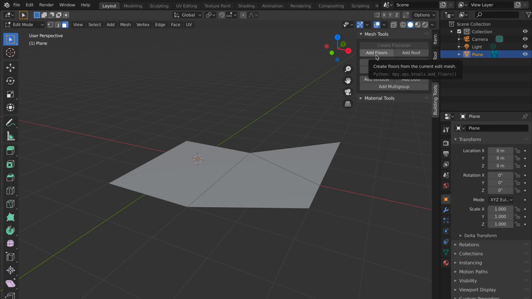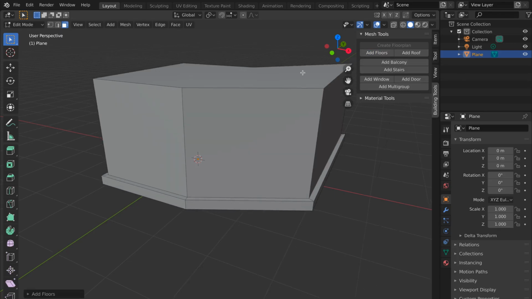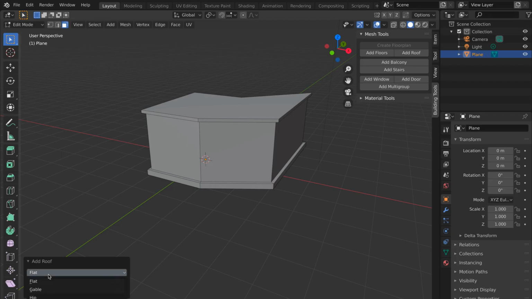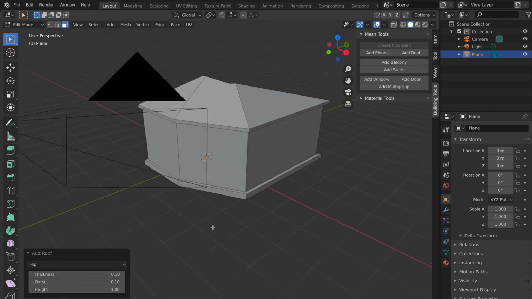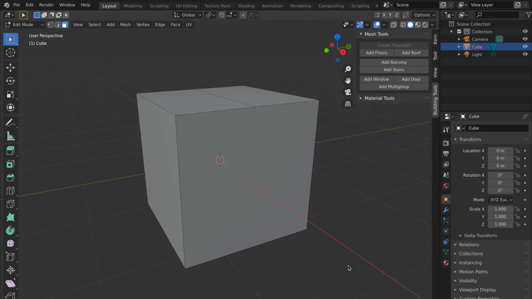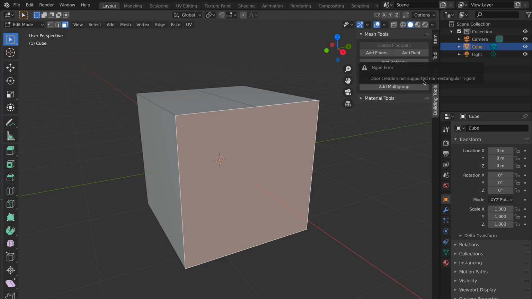However complex the grounded faces may be, Building Tools is compatible with them. You can add faces, you can add roof. But when we talk about upright rectangles, this might be a little tricky. You might expect this rectangle to be compatible, but when you go and add a door, it is not.